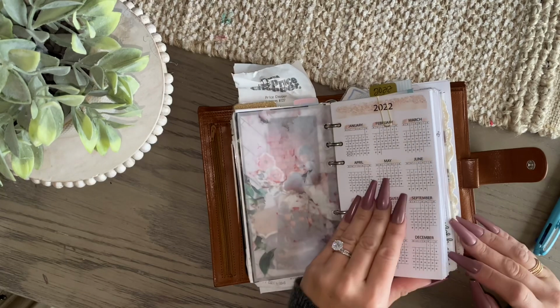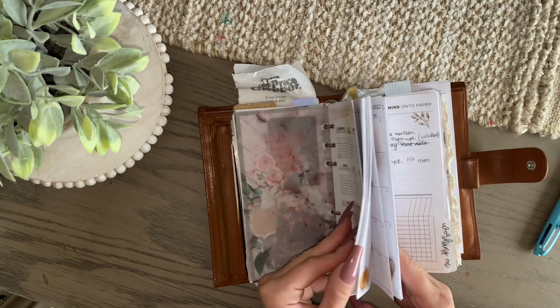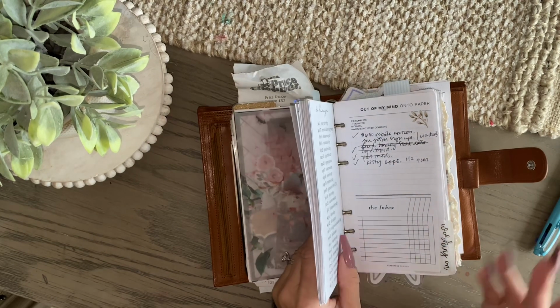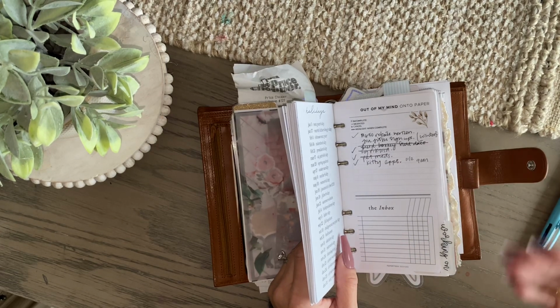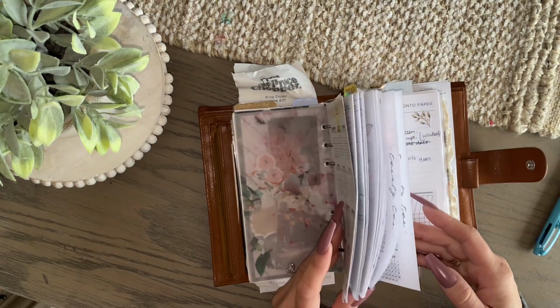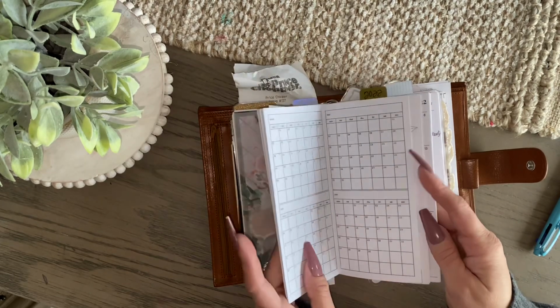So this, I contemplated taking this out for the next month just because, I mean, look at it, it's a pretty big stack. This is all my 2022 stuff. So I'm staying in this. I don't ever do a, this is my setup for the next year. I just never have because usually I just continue on with whatever it is I was using. So in here for